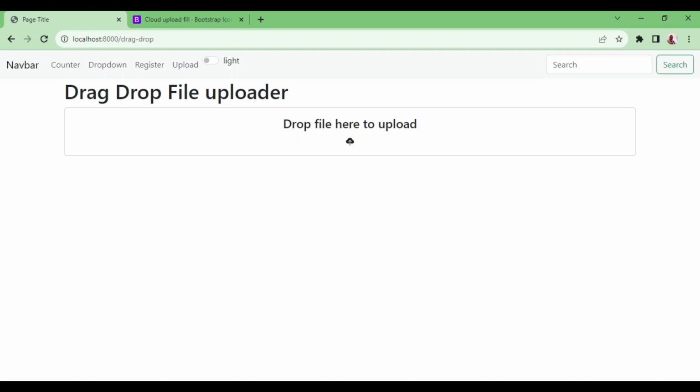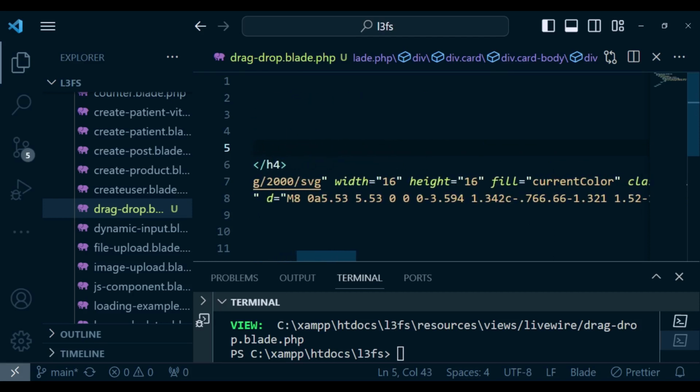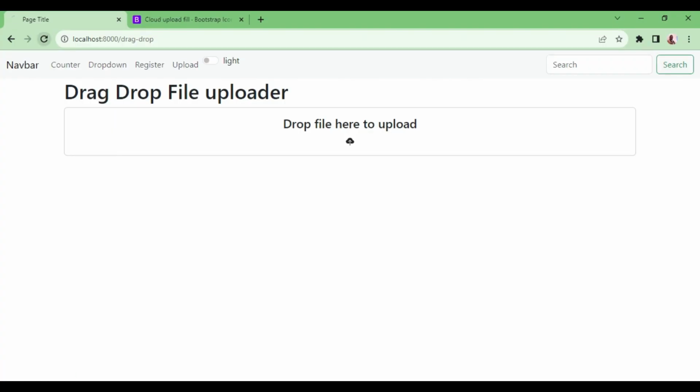I would like to make our icon a little bit bigger, because currently I do not know the height and width. Yes, it's set to 16. Let me just put 90. Let us just have it like that. I just want it to be a little bit bigger, such that you have a bigger region for us to drop